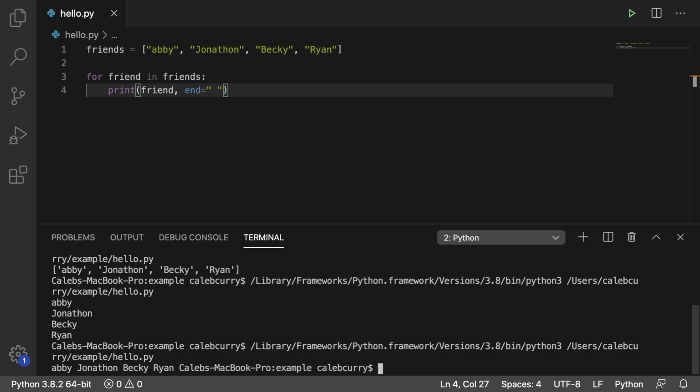The other thing I wanted to show you guys is that sometimes you'll want to do that for a loop, so not everything gets its own line, but then at the end you might want to put a new line, but just for the very last one. So for example, you might want to put a new line right after Ryan so that this prompt goes down